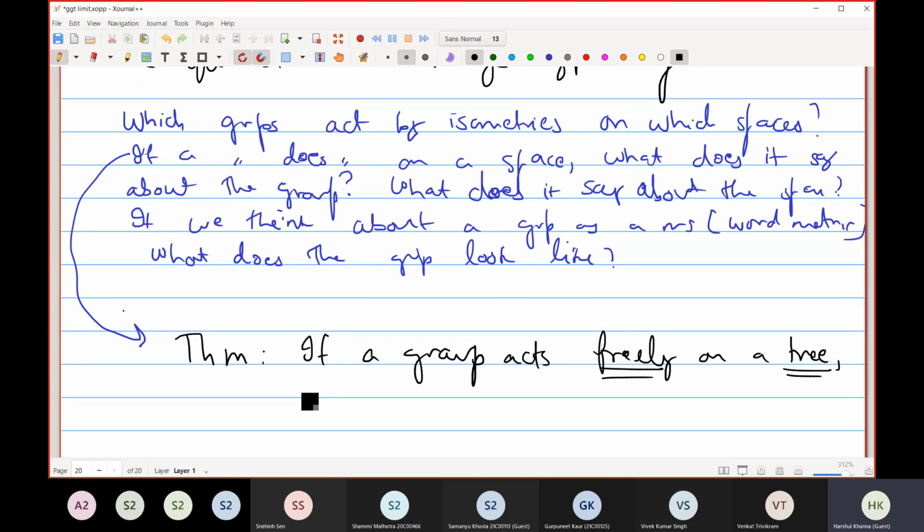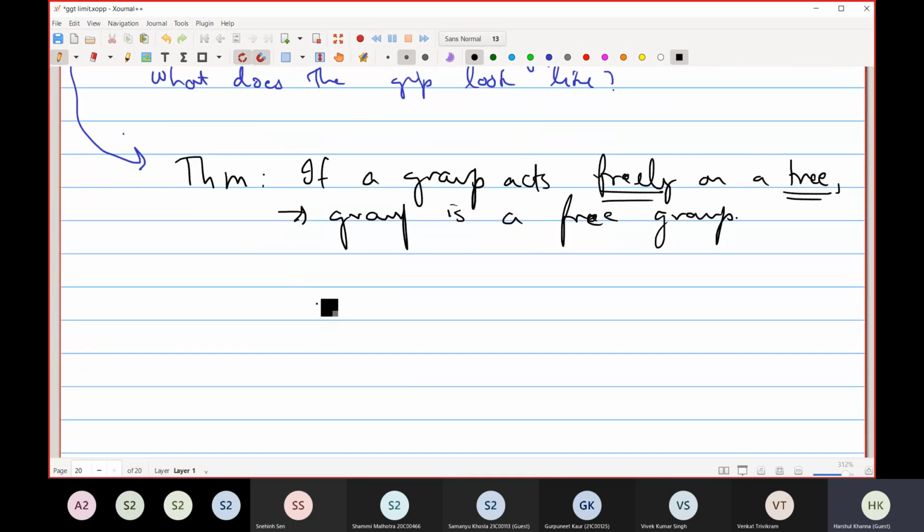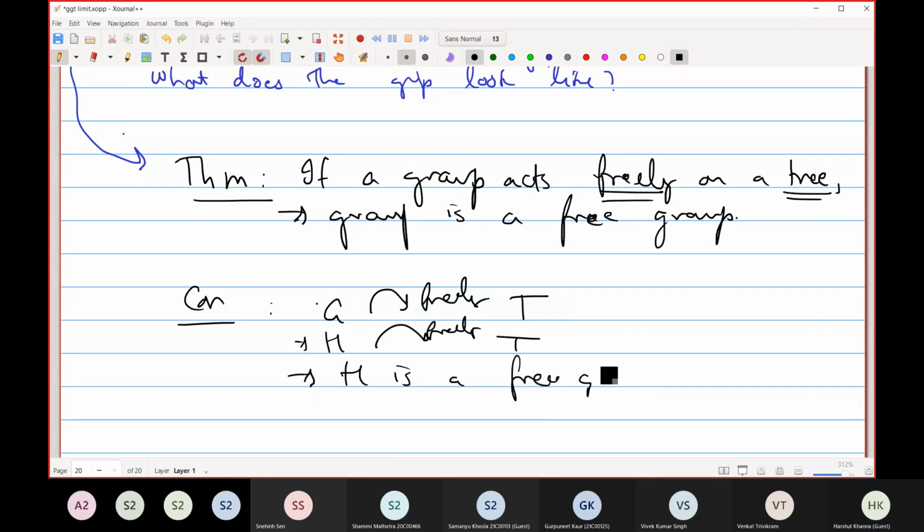A corollary of this would be, once we have proved this theorem, we will get a corollary. Again, as I said before, if G acts on a space, then a subgroup H of G also acts on the space. So suppose the action was of G freely on the tree T. That implies H, a subgroup of G, also acts freely on the tree T. That means H is also a free group. This implies the corollary is subgroups of free groups